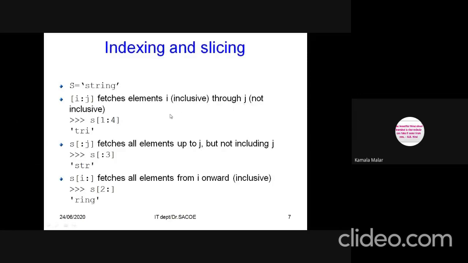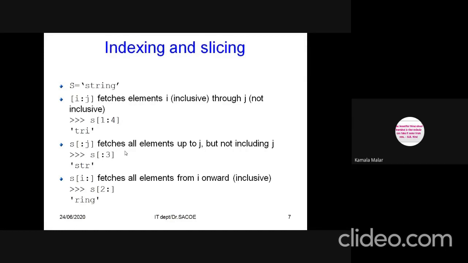So starting from t to 1, 2, 3, that's all. Because 4 we should not include in the substring calculation, right? So this is the formula for slicing the substring from the given string. Next, likewise, in the string, if you didn't give the start location, by default it will start from the